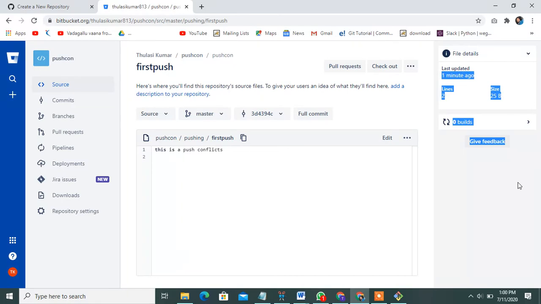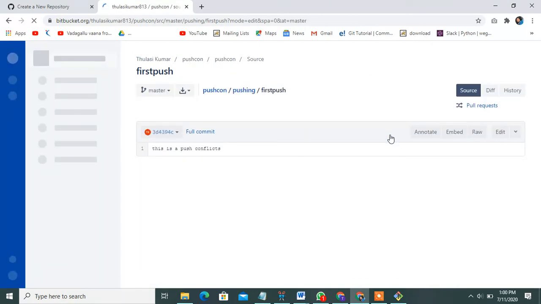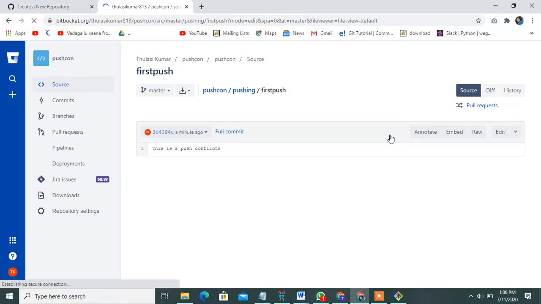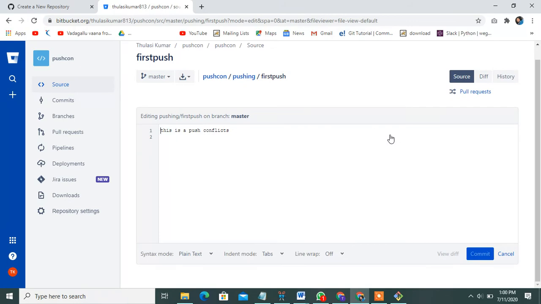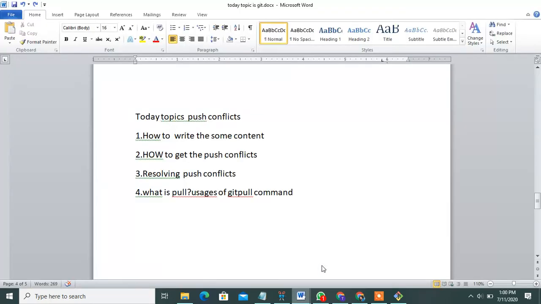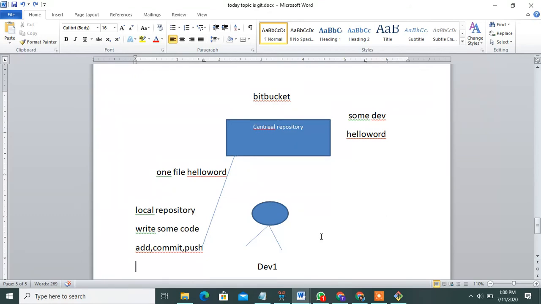Write some code also, edit, write some code also. Observe it, guys, this diagram. Once you remember it, a developer works on the local repository, writes some code, and adds, commits and pushes.